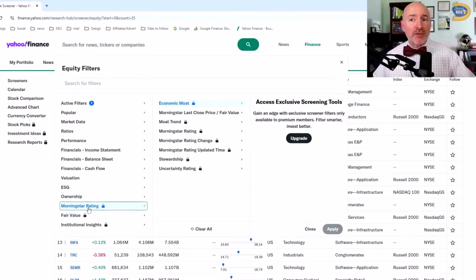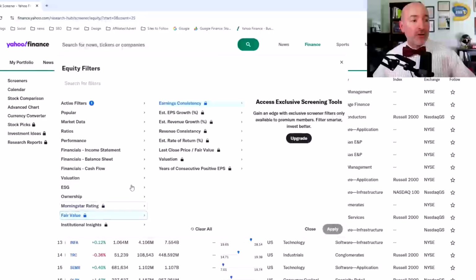And on these premium filters here, I've never really used these. I don't think you need them. These are just ways of not doing the analysis yourself. You can do any of these by yourself. Maybe look at Morningstar. If you're looking at the fair value ones, these are just basically pre-filtering a lot of the things that we already saw before. So it's not something you really need to do. Just learn what some of these filters are, how to use them, and you're going to have all you need to pick your stocks. I'm going to take you through an example next, screening for that value stock with that rebound potential,